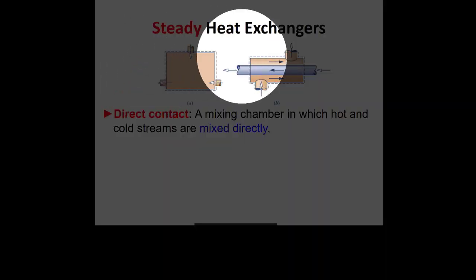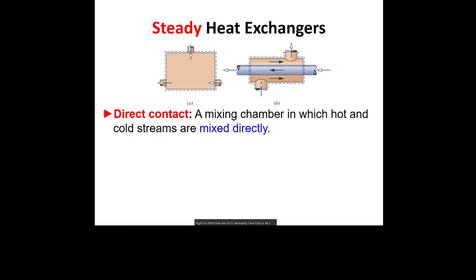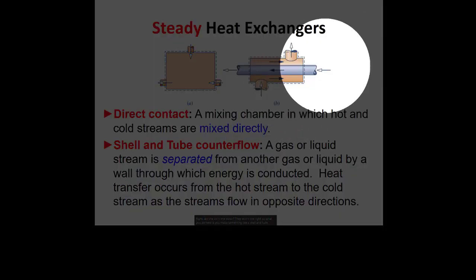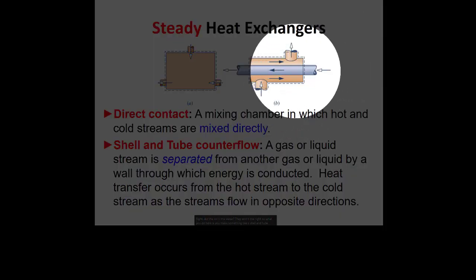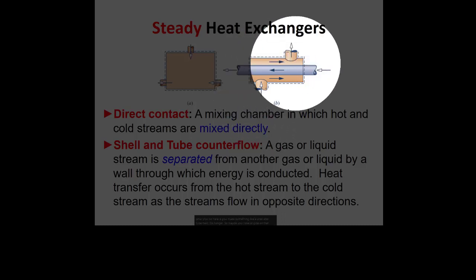So let's say you're trying to cool off engine oil with water. Now you don't want the engine oil to mix with the water because you get something that looks like vinaigrette, right? The oil and the water, they won't mix, right? So what you do here is you make something like a shell and tube heat exchanger. So maybe you have engine oil that runs through this tube and water in the shell, right? This water jacket that goes over it.